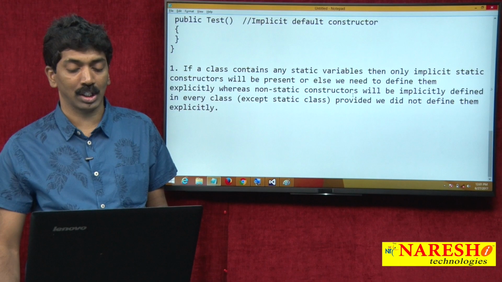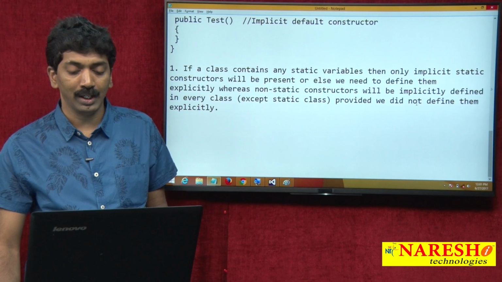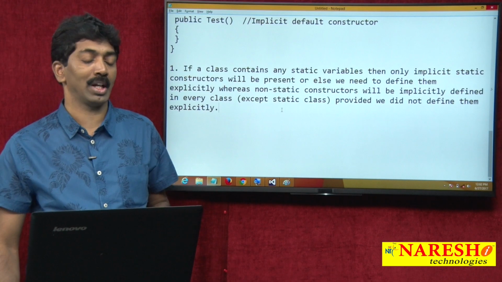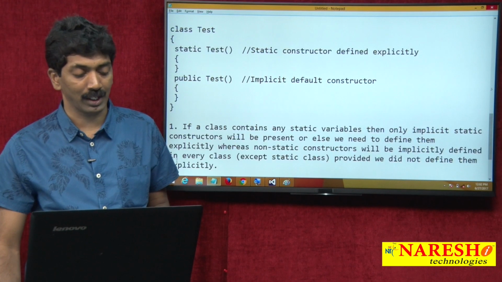Whereas non-static constructors will be implicitly defined in every class except static class, provided we did not define them explicitly. This is the first important point to remember about a static constructor, non-static constructor.